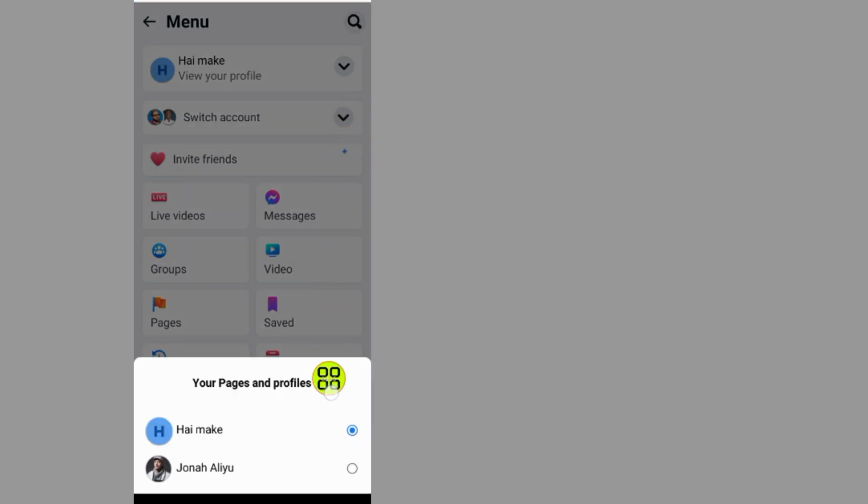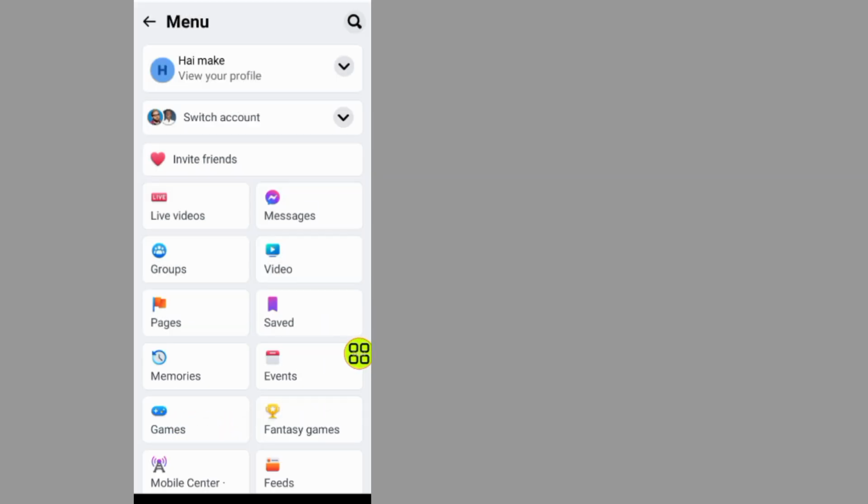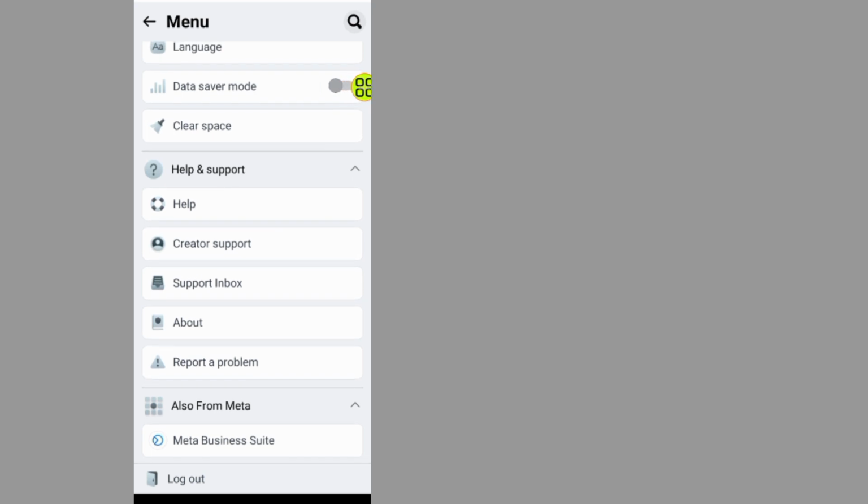Now as you can see, make sure to choose your Facebook page. I already selected my Facebook page. After you choose your Facebook page like this one, you are in the interface of your Facebook page. Now in this menu section, scroll all the way down and